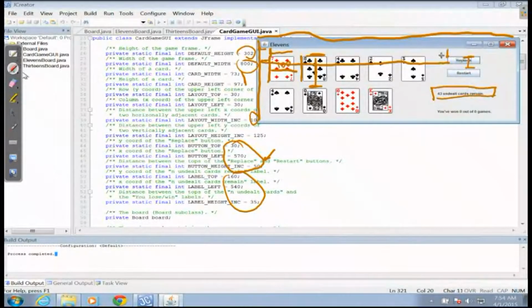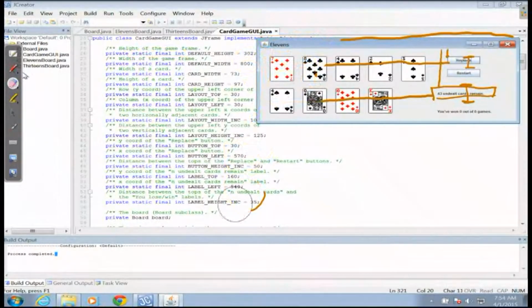And then I've got the same things for the labels down here. So I've got a label here which is 160 down from the top and 540 away from this side. And the difference between the top of this label and the top of this bottom label is 35. So all of these private static final ints basically help me get locations for where the objects on my GUI are. So now that we've had a chance to talk about that,